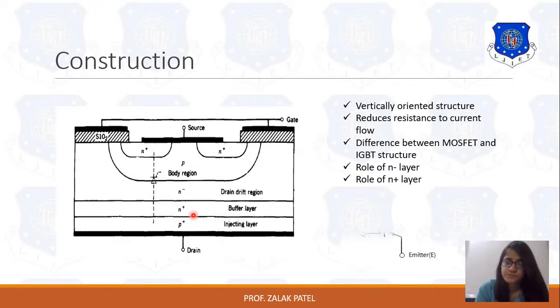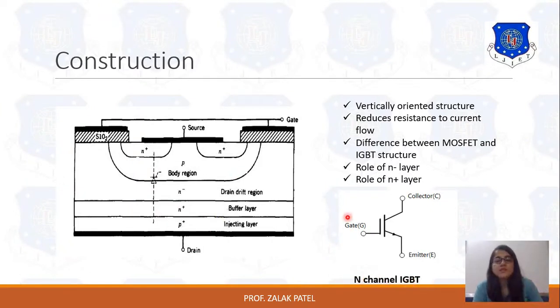This is the circuit symbol of IGBT. Here this circuit symbol is for N channel IGBT. Please note that the input is the gate, meaning its input is from the MOSFET side. Insulated gate bipolar transistor means its input characteristic should be similar to the MOSFET due to this gate terminal. Here collector and emitter are due to the BJT structure. You can also see that the arrow is in the outward direction because it is an N channel IGBT. If a P channel IGBT is asked, then the arrow is in the reverse direction.